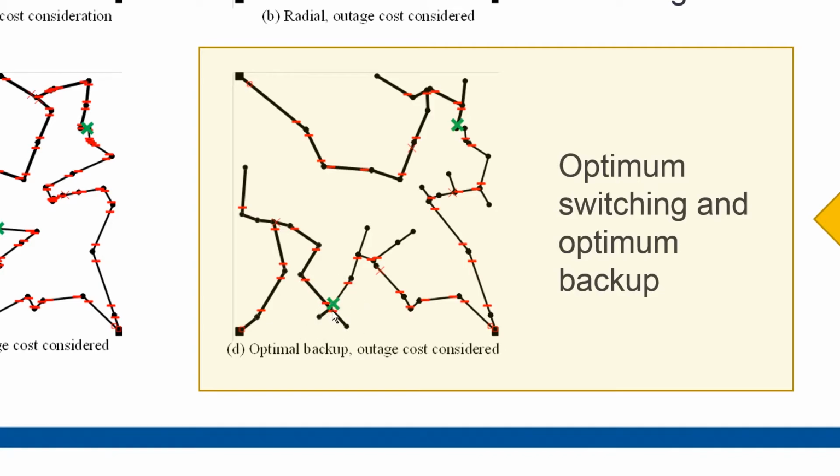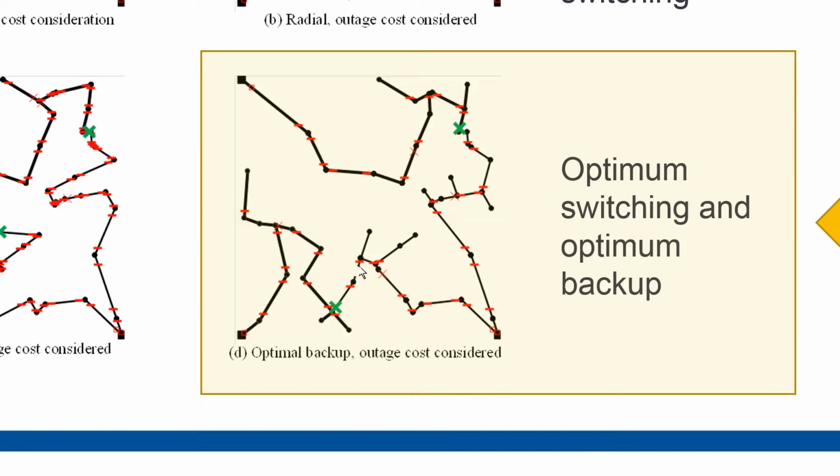So in case of outages, we can of course use these open switches, so that, for example, if this line here gets faulted, we can open switches and isolate the fault, and then restore the supply for as many customers as possible from the reserve connection. So taking this into account in the optimization makes it more complex, but it really makes it more realistic also, because this is what real networks look like.